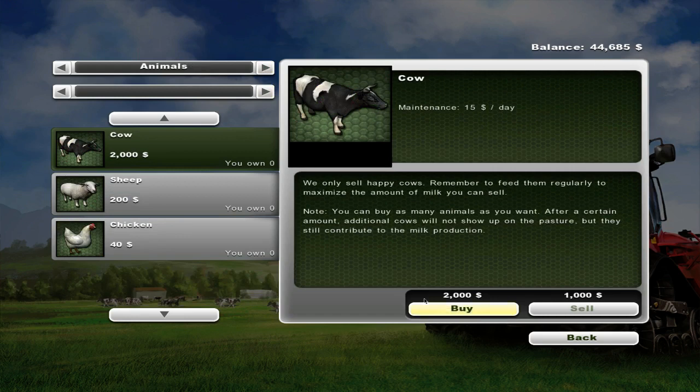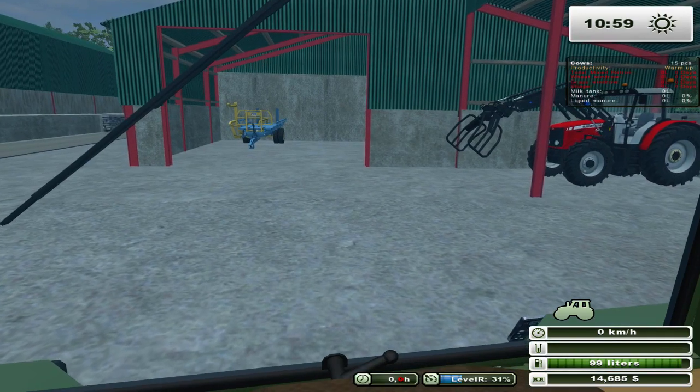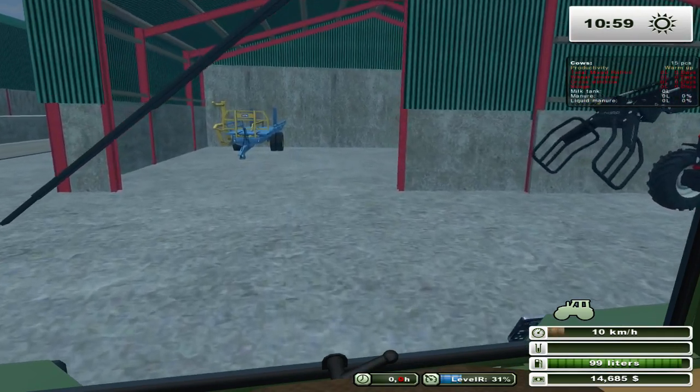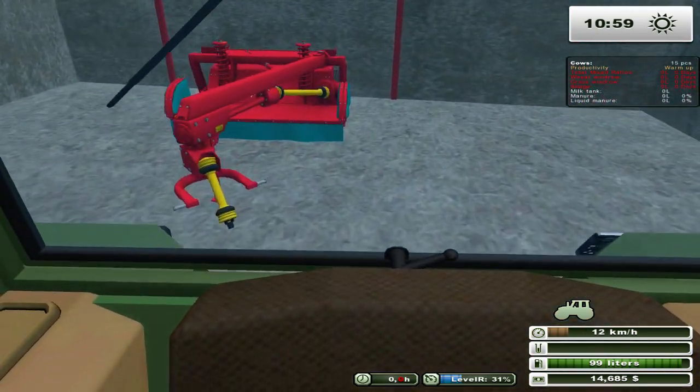So we got 44,000 at the moment. Let's see how many cows we can get. 10, 15. Yeah, that's a good starting point. Oh, there's no water mod in this map? Huh, that's a bit interesting. I thought there would have been, but guess not. Anyhow,